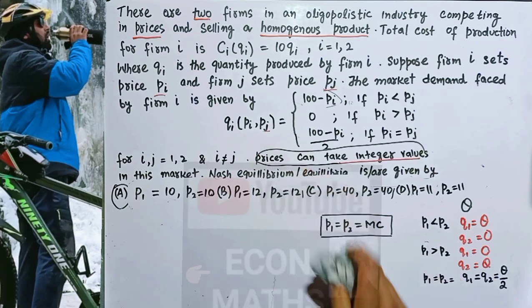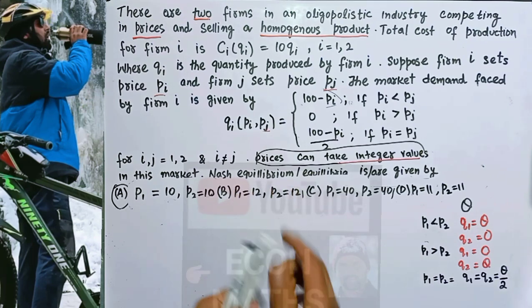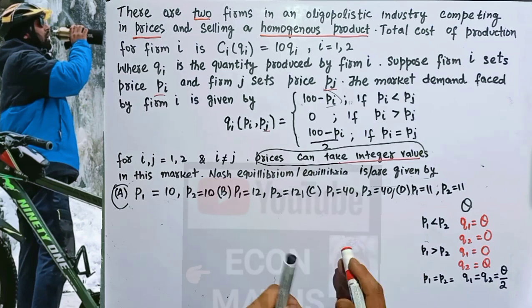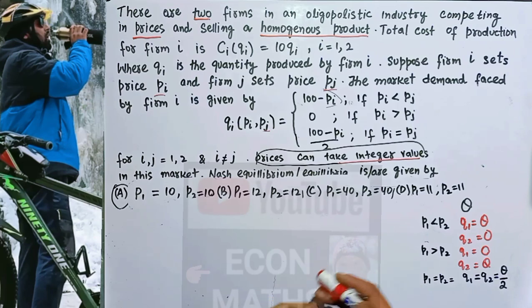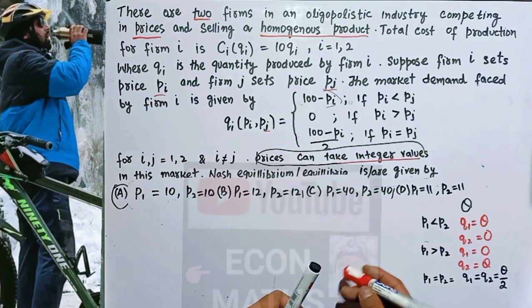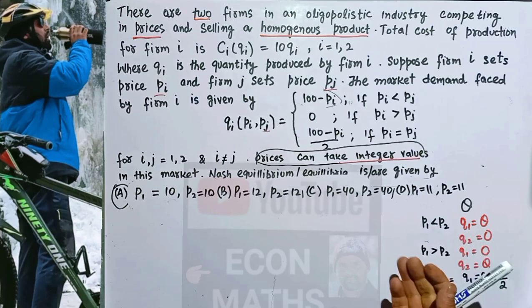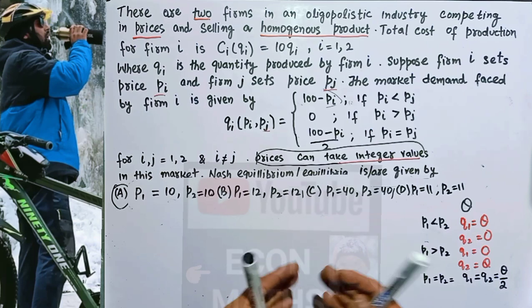Now let's come to the question here. We have to find out the Nash equilibrium. By Nash equilibrium, what do we mean? A Nash equilibrium is when each player's strategy is optimal when considering the decision of the other player. Or a Nash equilibrium is when the optimal outcome is when there is no incentive for players to deviate from their initial strategy. That means when each player is playing his best possible strategy, given the opponent is also playing his best possible strategy, that very set of strategies we call the Nash equilibrium